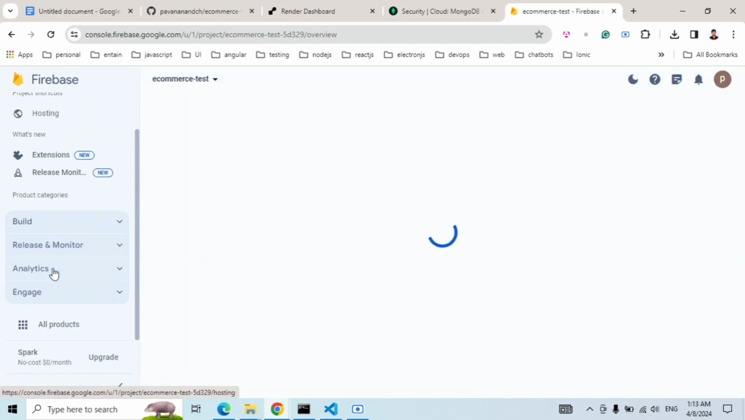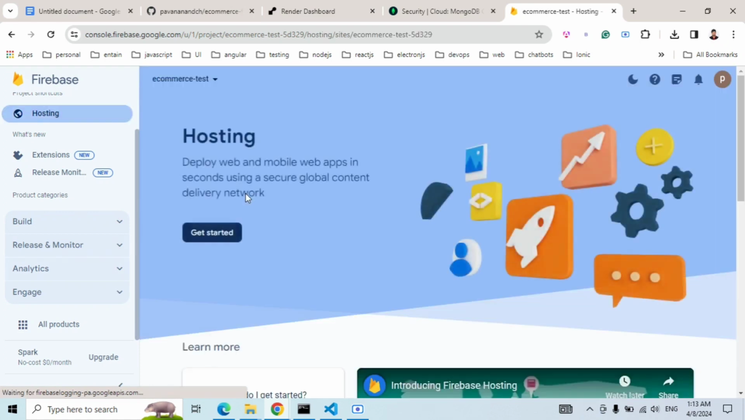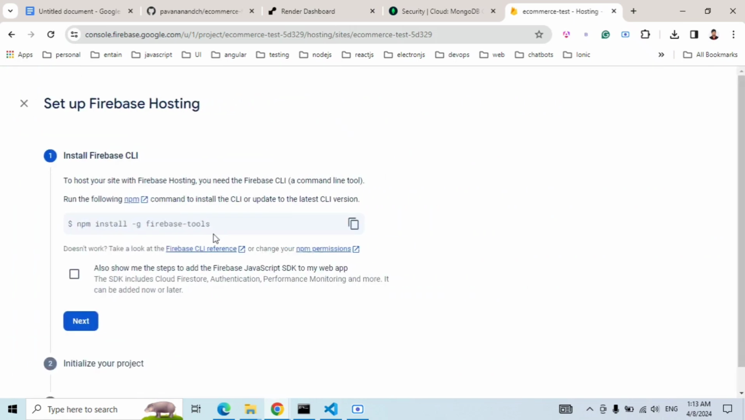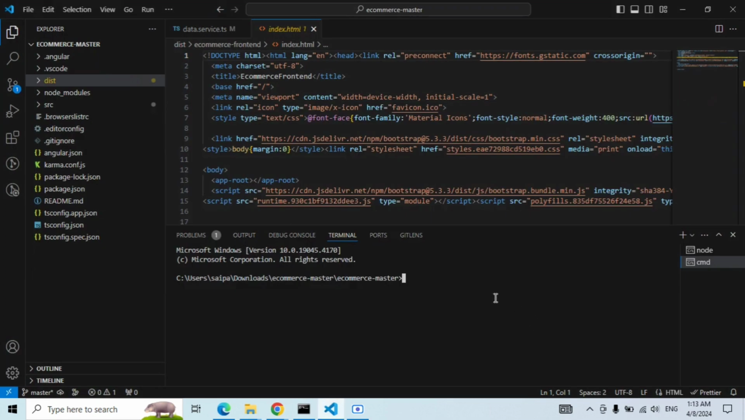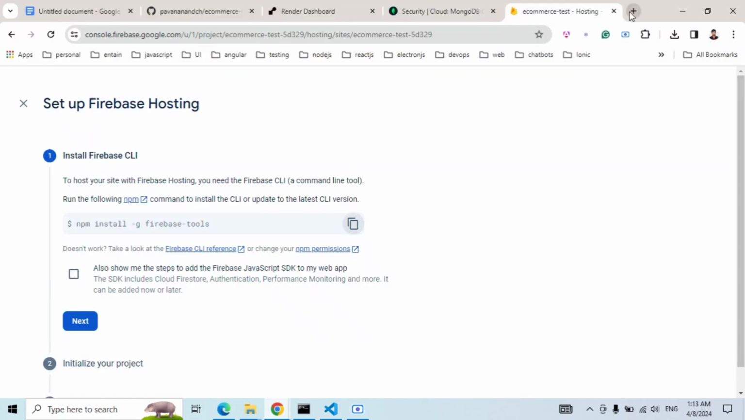In that we need this hosting service because we have to host our Angular front-end app, right? So click on this get started, and after clicking hosting, it will give a couple of commands. Okay, so just copy this command and here type. Okay, so before doing firebase-tools, you have to specify the @ symbol and the version,